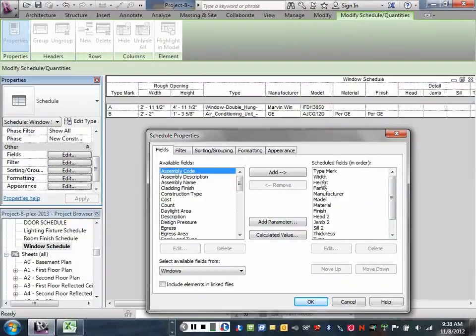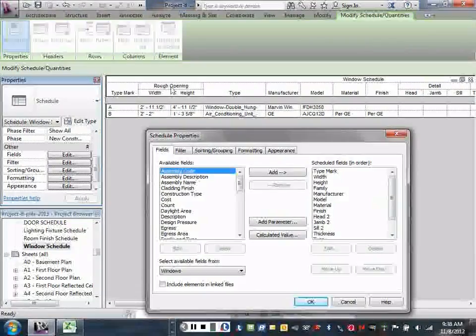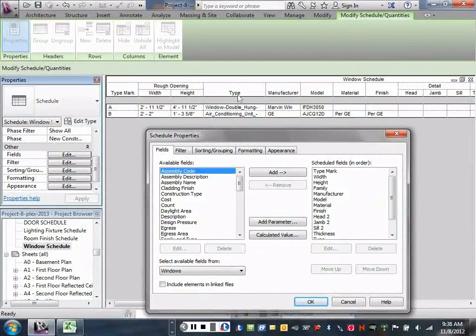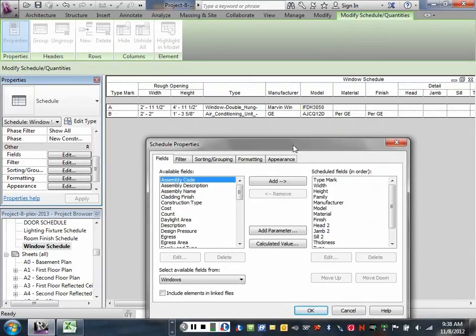We've got a height and width that is the rough opening over here, which defaulted to. That's good. The type of window, in my case, their windows are double hung, and the other one is an air conditioner unit. It's okay. The manufacturer is Marvin Windows, and the model number. I actually went and got this window from the Marvin catalog, or Marvin site, so it put the number